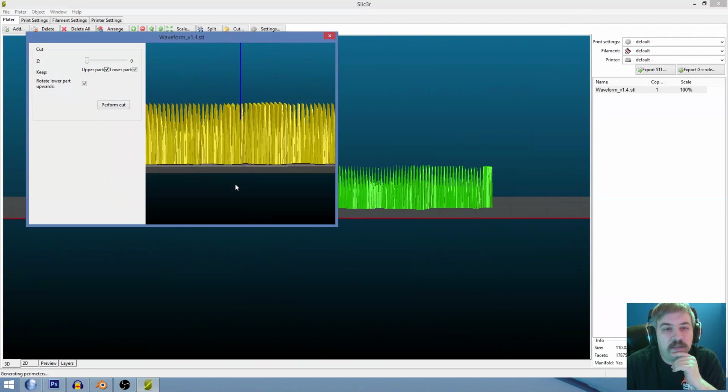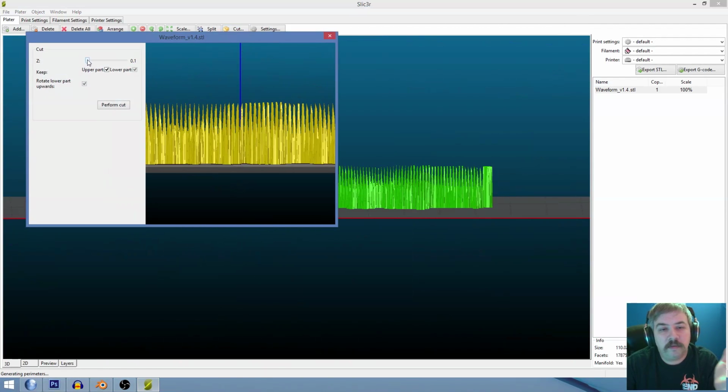and I like getting a good side view of the object. And this slider here is what brings up this floor. And if we did that, we would have no base whatsoever. If we brought it down to, let's say right there, we've got a very, very thin base. When we perform the cut, if we keep both the upper part and the lower part checkboxes set, it will take the lower part, put it on the print bed, the upper part, put it on the print bed. But we don't need the lower part. We're going to just discard that completely. Perform the cut,